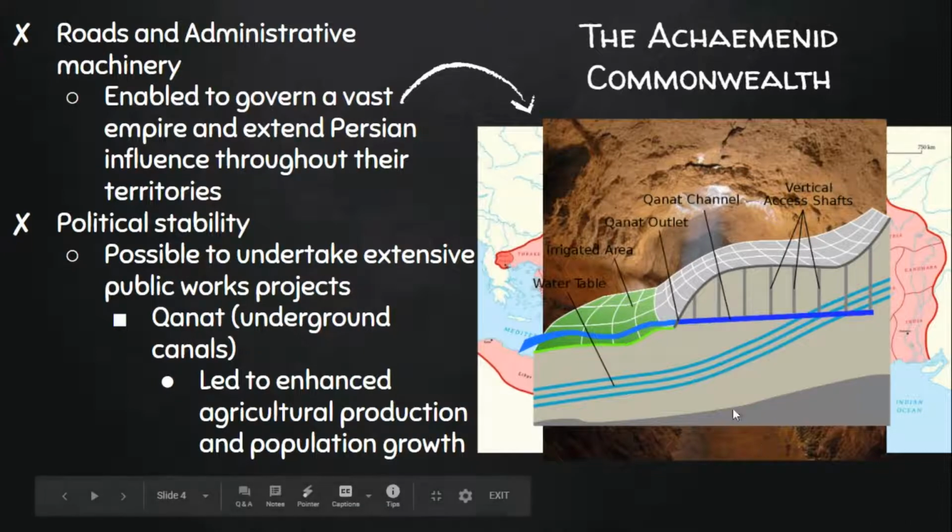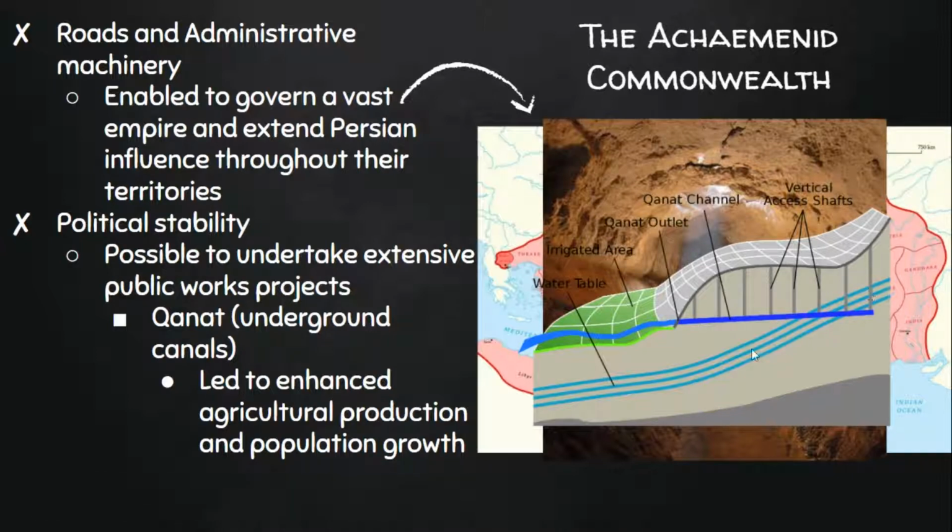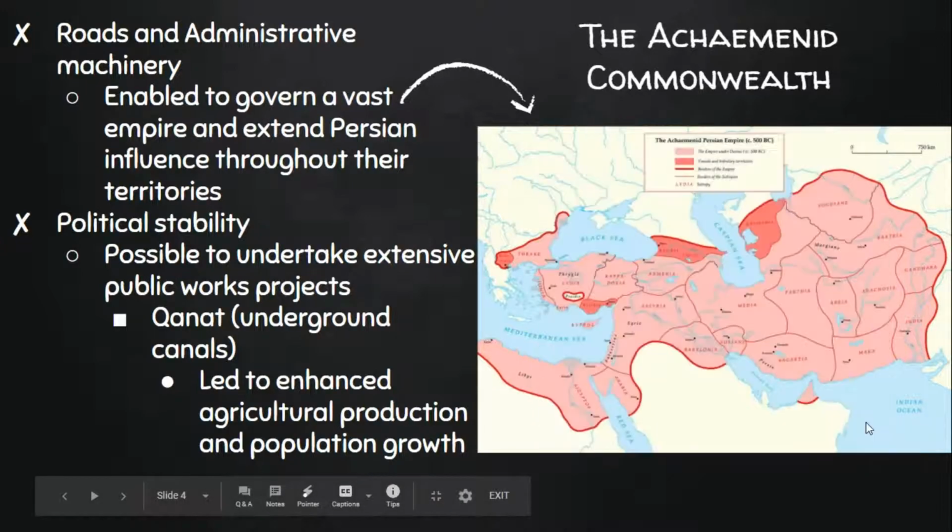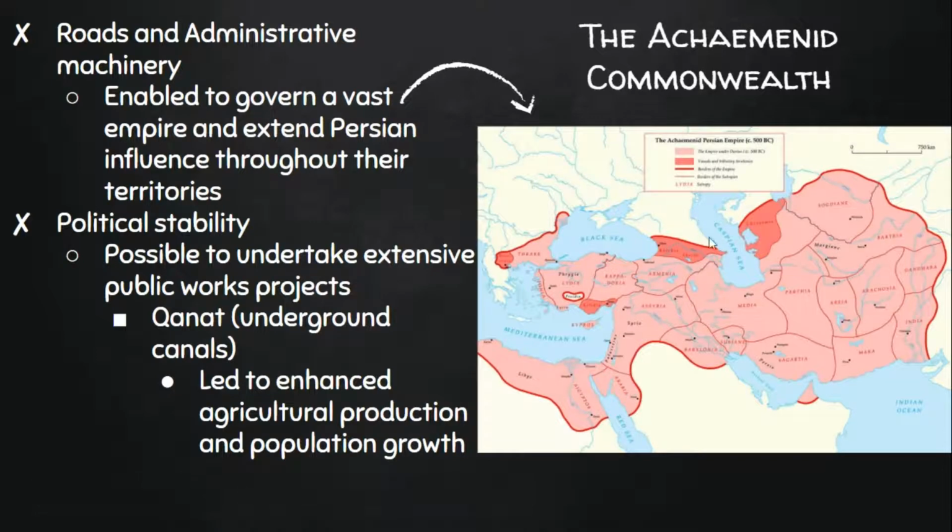And these are essentially how the canals would work, right? You have the actual canal right down here accessing some source of water, and this canal is essentially going to the various irrigated areas. And this was incredibly helpful, useful, and needed for the Persian Empire that essentially took all of the Middle East during this time.